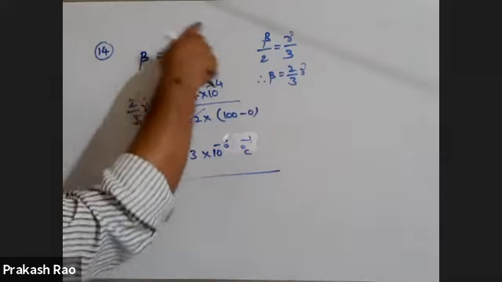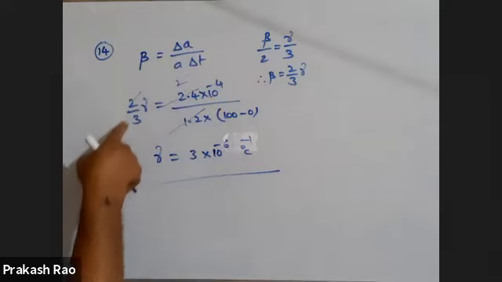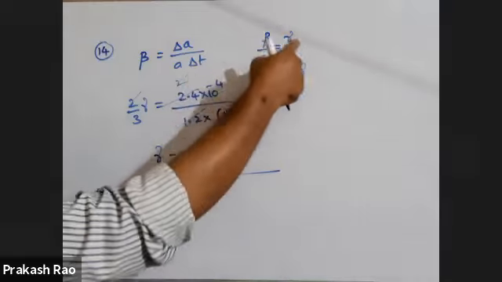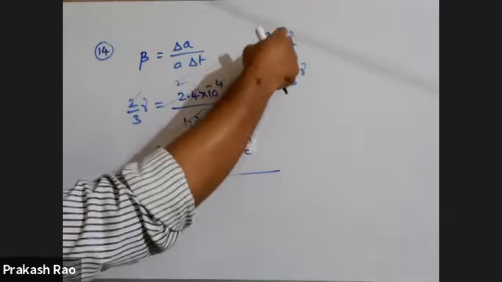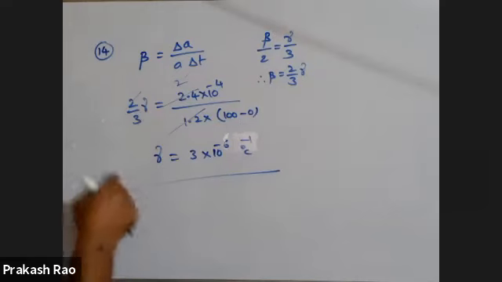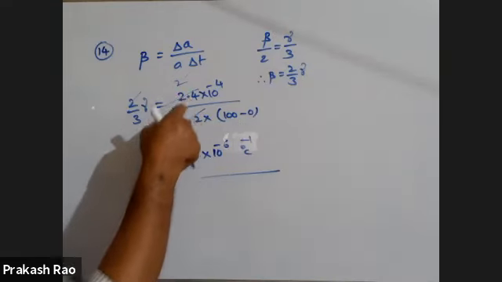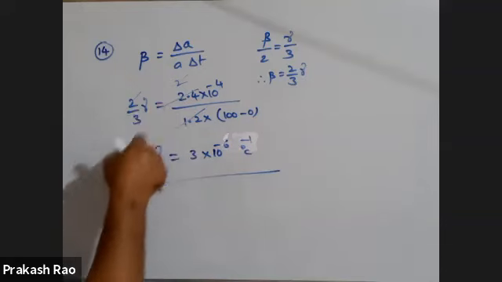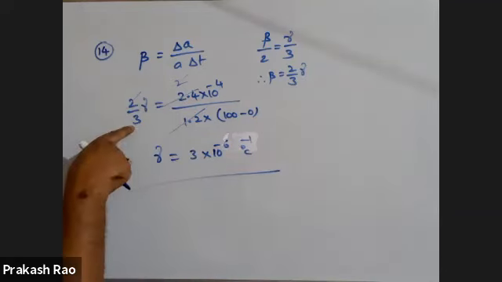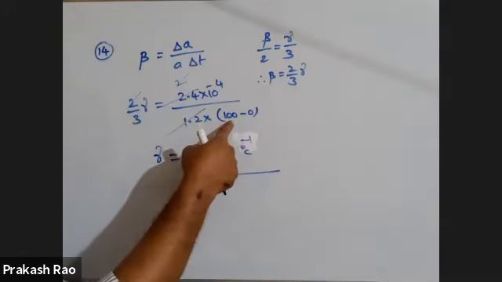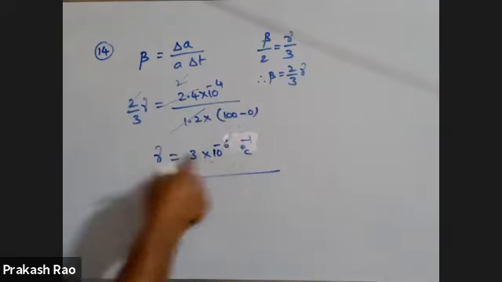The data is given for beta, but he is asking for gamma. You know the relation between beta and gamma. Beta by 2 is equal to gamma by 3. Therefore, beta is equal to 2 by 3 gamma I can write. You remove decimal. The upper one is 24, below one is 12. 12 twos are 24. This two is cancelled. Remaining is 3. Send it to other side. 3 into 10 power minus 4 by 10 square. Take the 10 square up, becomes minus.